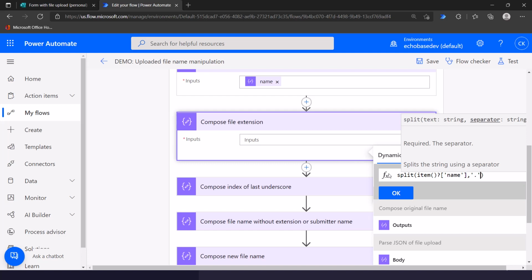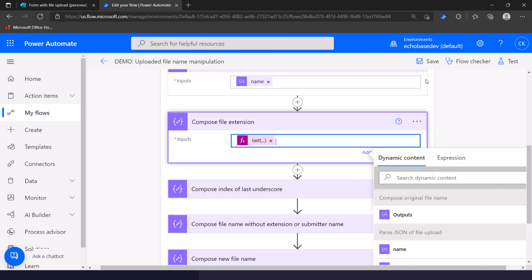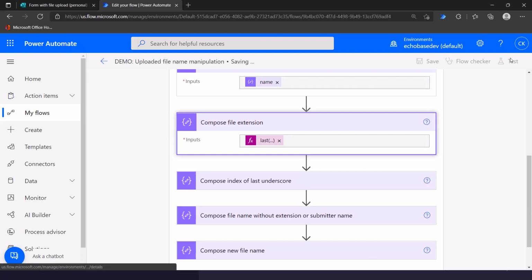Now the problem with this is that it's going to return an array. What we want, because we know that the file extension is going to be at the end, is the last. If it's splitting that file name into, let's say there are 5 periods, it's going to split it into 6 chunks, each one of them separated by a period. So what we want is the last one of those, because that's going to be the file extension. So before the split here, we put in last and then close the parenthesis and click OK, and we'll save that,